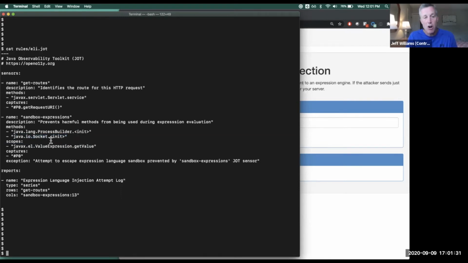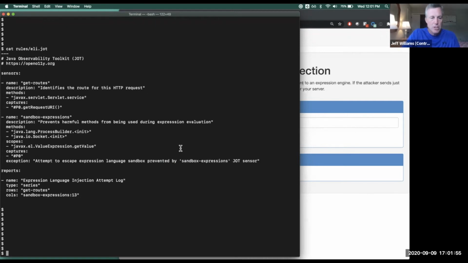You could add other harmful things that you don't want to happen, like file access. And we're going to throw an exception if one of these methods gets called while you're inside this scope. We'll say, hey, you're attempting to escape the sandbox, prevented by this rule that we put in place. And then we'll just keep a log of when we do that.